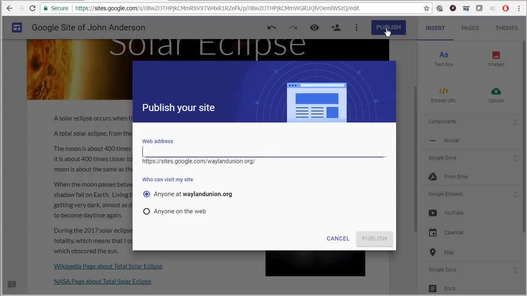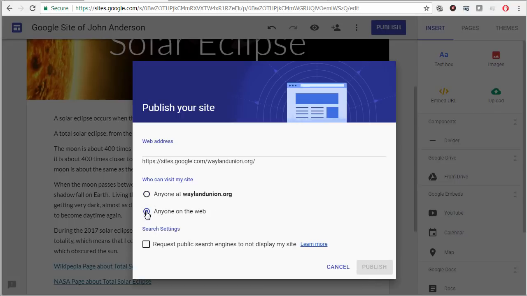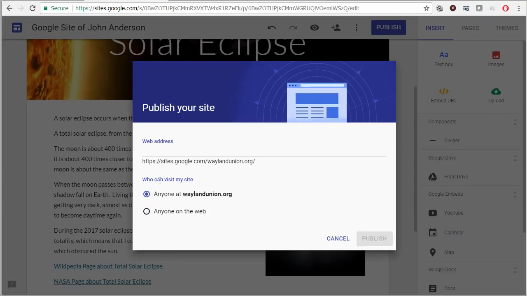Publish your site, web address. Anyone at whalenunion.org, anyone on the web who can visit my site. Yeah, I guess anyone at whalenunion.org. Sometimes you can make a site private, but I'm not sure if the new Google Sites allows you to make a private site. So let's call this